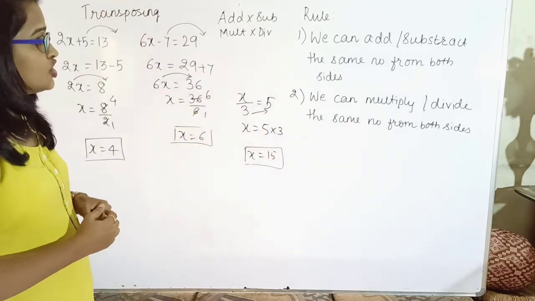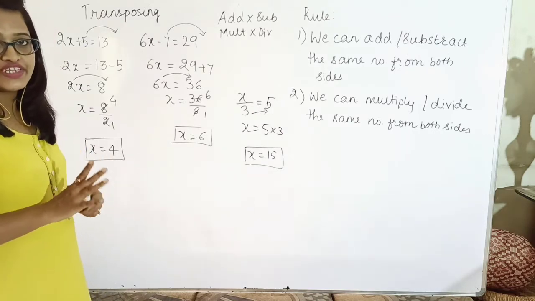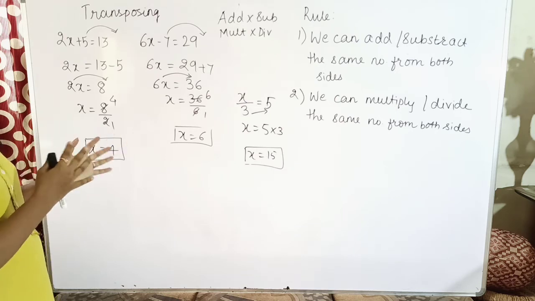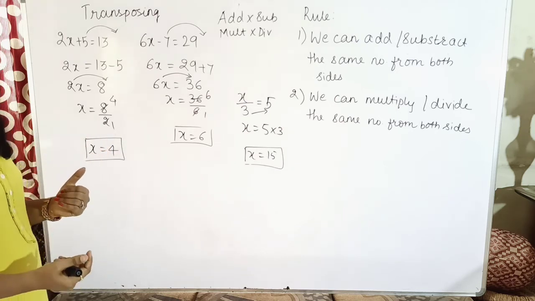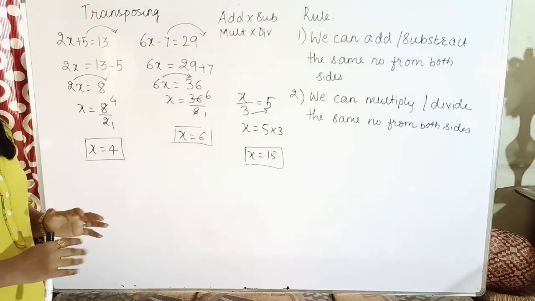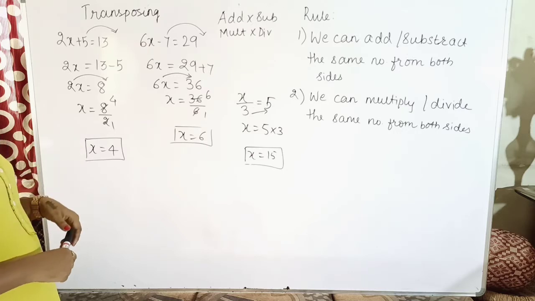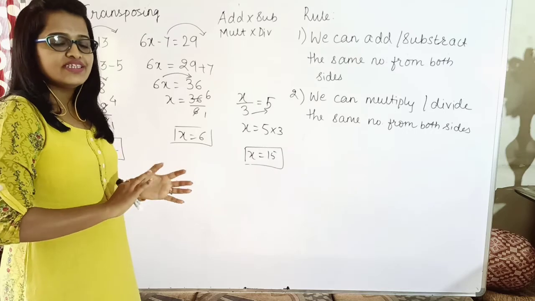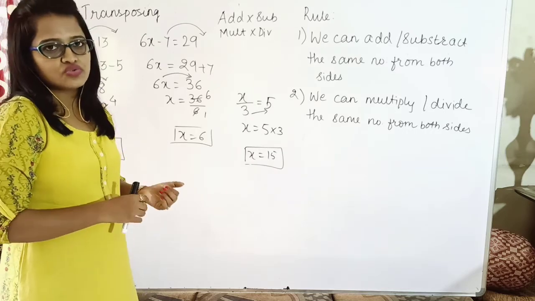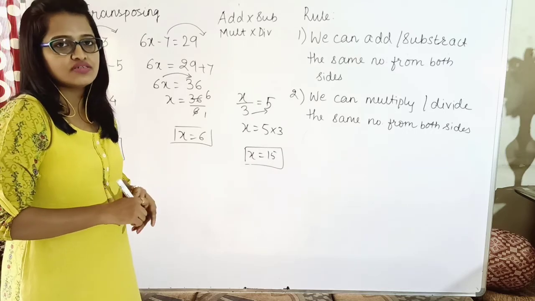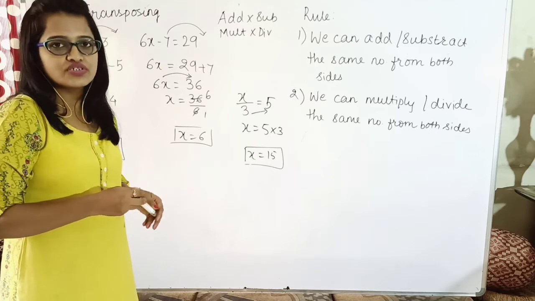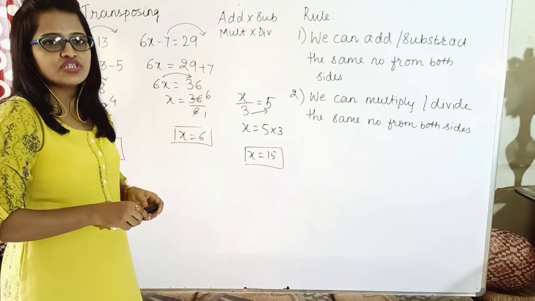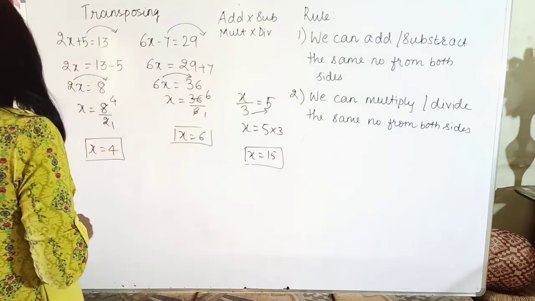So these are the two methods by which you can find the value of x, either by adding, subtracting, multiplying, or dividing the same term or number on both sides, or by the method of transposing, in which you are shifting the terms to the other side, either LHS to RHS or RHS to LHS, and when you are doing that, the operations get inversed, or they get changed into exactly the opposite of what they were doing on the one side. Okay.